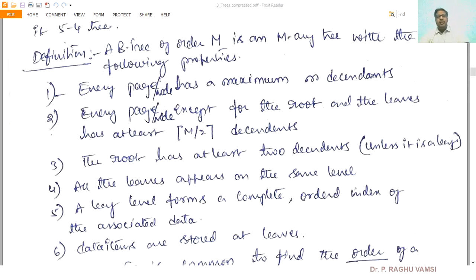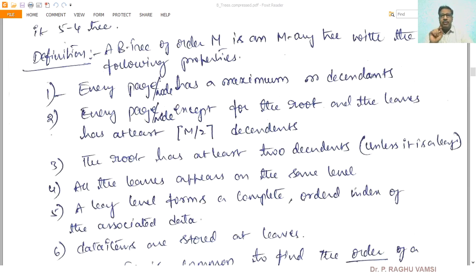The programming of the B tree consists of many splitting and merging operations. I will post another video on how to construct a program for the B tree using C. You may view that video completely and come to know the programming. However, in this lecture, I am going to deal with the theoretical concept, that is, the description of inserting an element into the B tree, searching for an element in the B tree, and deletion of an element from the B tree. So I'm going to give the description of these three things.